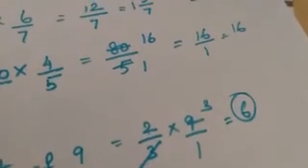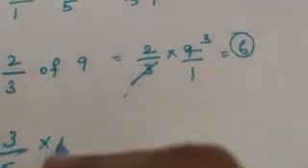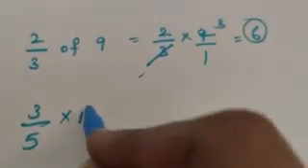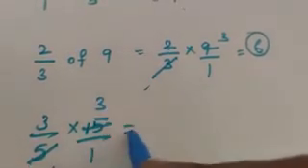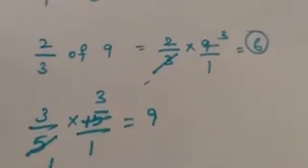So if it is like that, you can find out first the value: 3 by 5 of how many squares are there in total? 1 2 3 4 5. Right? Like that 3 sets are there. So 15 it is. So 3 by 5 of 15 means you can cancel diagonally. 5 threes are 15, 3 fives are 15... 3 threes are 9. So you have to shade 9 squares.